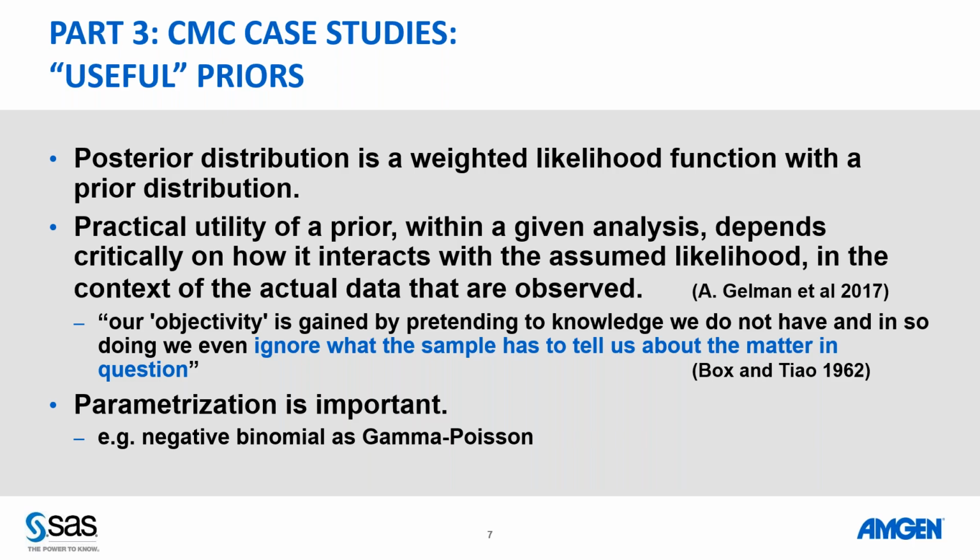Another key thing, and we have mentioned this several times, parametrization is important, and we'll show you a few of those things. One of them is looking at the negative binomial as a gamma Poisson, and this helps with the structure of the problem, that translation between the data and the distributions and the parameters, and also setting up priors and all that. So something to remember, the parametrization is important.